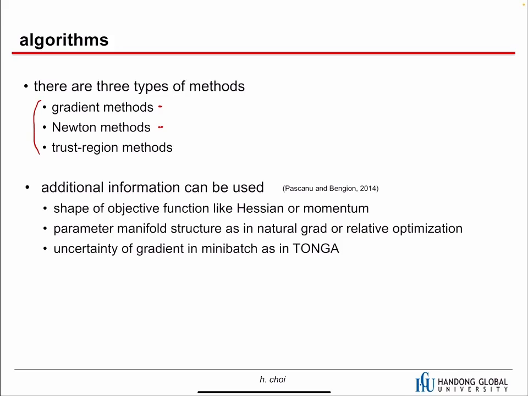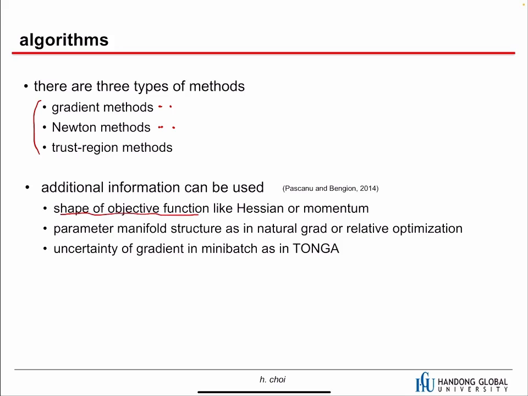So trust region method is actually a compromise between these two approaches. So trust region method takes the advantage from this one and this one. So it's kind of in the middle of these two methods. Or we can use some other additional information,